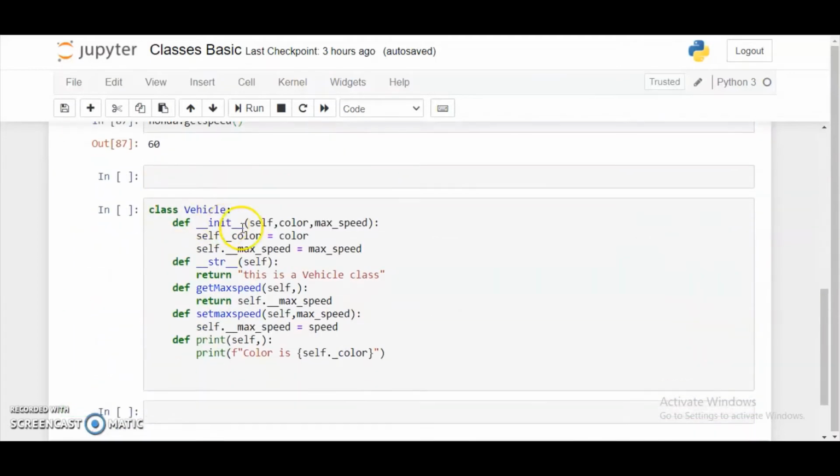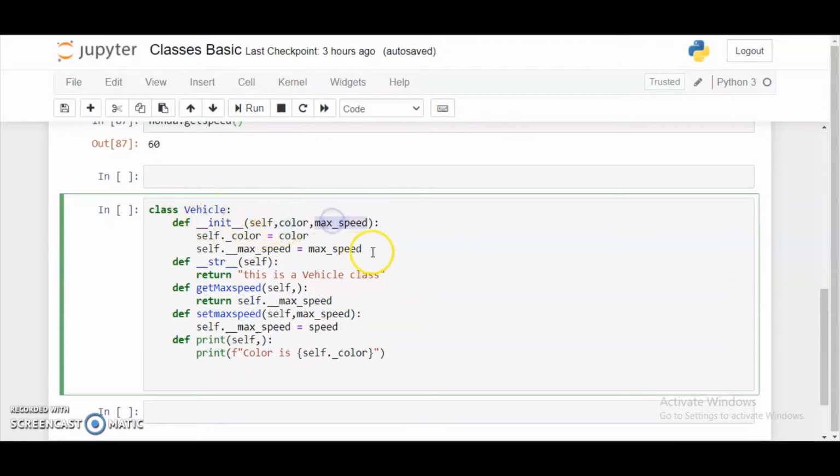Let's take a simple example. I'm defining a class Vehicle which has color and max speed initially. The dunder str method just returns a string whenever we print the vehicle object.